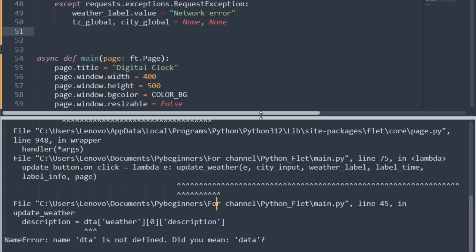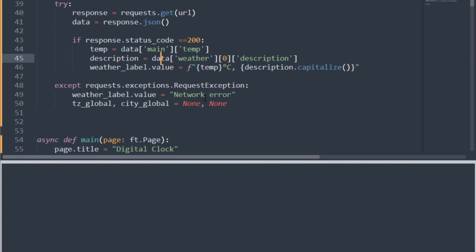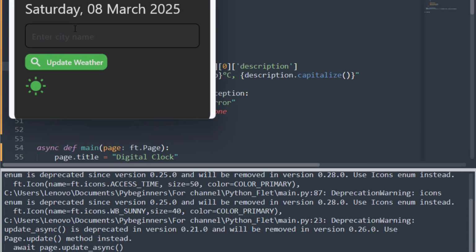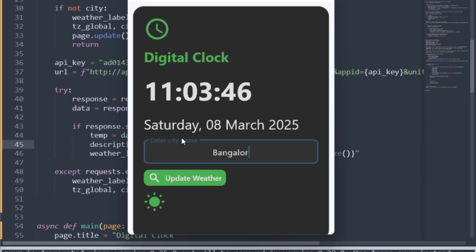Oh, where did I put this, line 45? Okay, it's supposed to be data, not that one. Okay, save. If I run again, see there are a lot of mistakes which I did. It was that date. Okay, then let's see Bangalore. If I click on update weather,